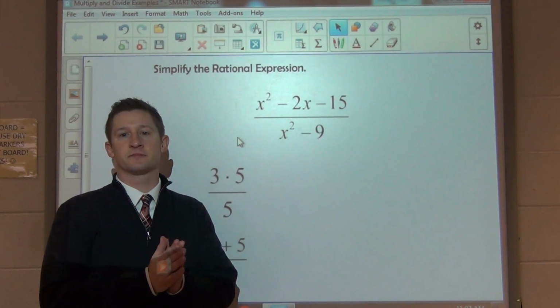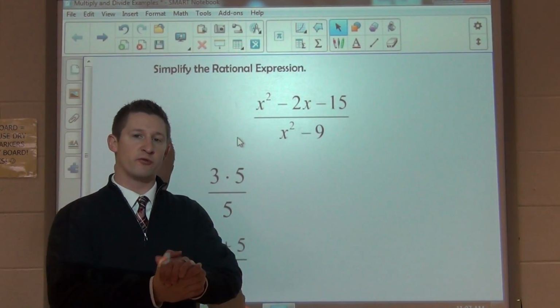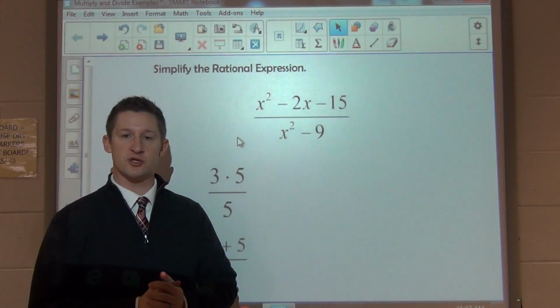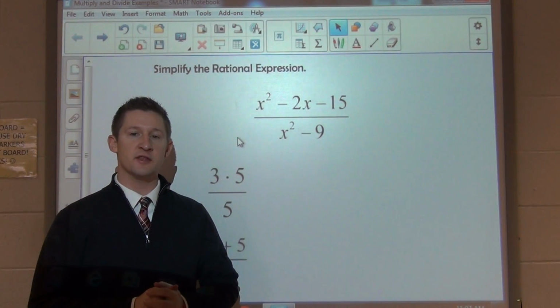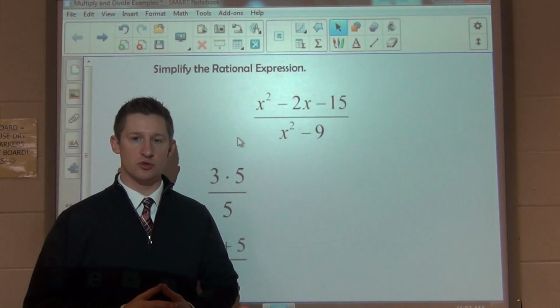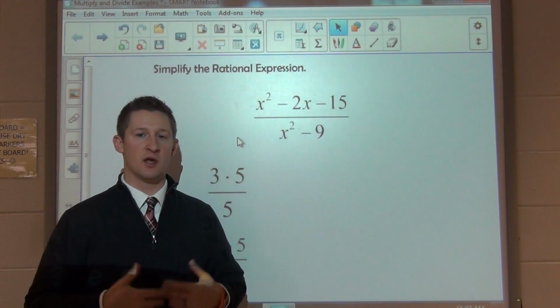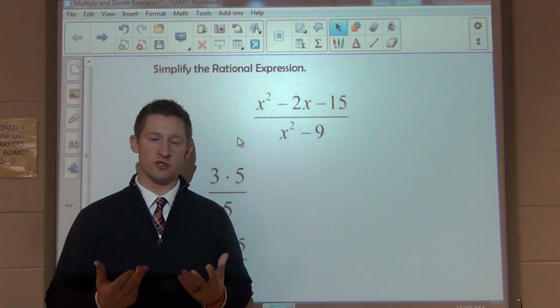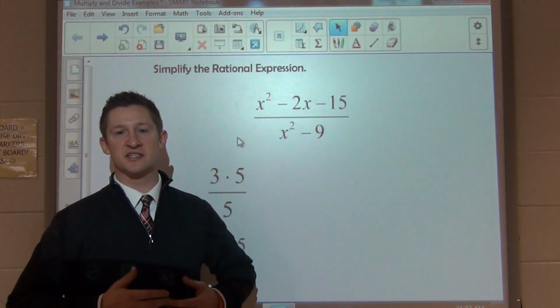Hello again, students. In this unit we've been working with performing operations on rational expressions. Well, in this mini lesson we're going to learn how to multiply and divide two or more rational expressions. Now before we get into the actual multiplication or division, we're going to look at how we might simplify a